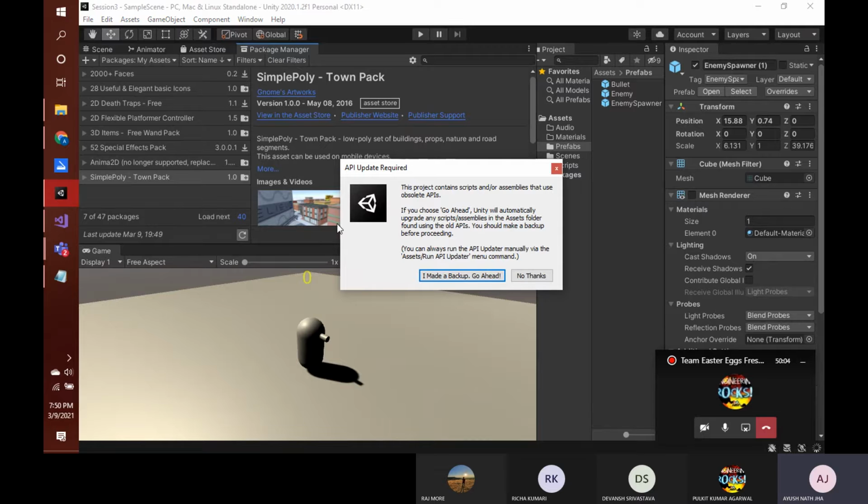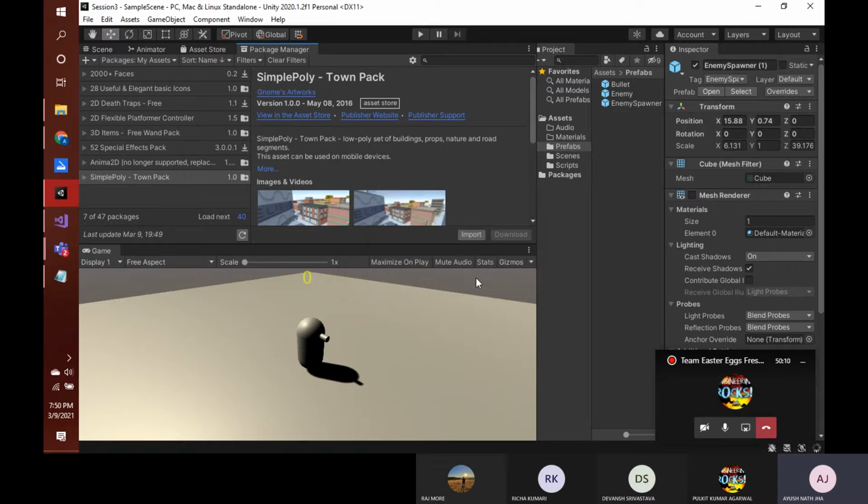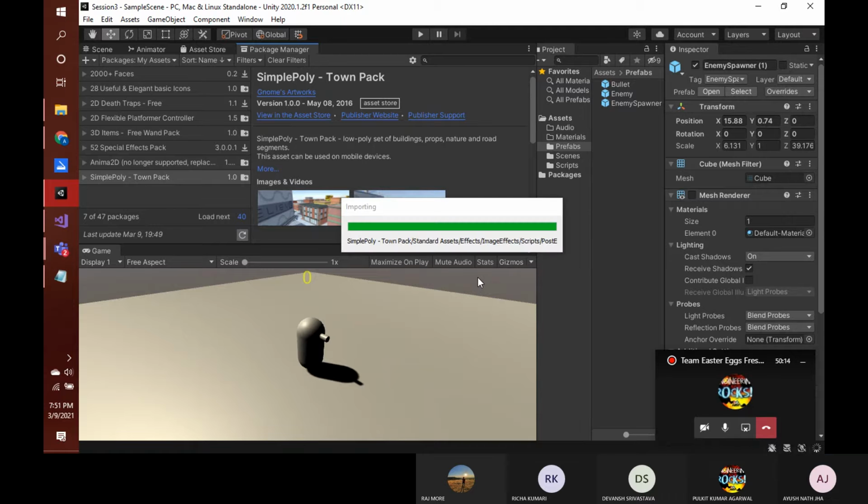And it will just give some API update warning, so you can just click on I made a backup, go ahead. And then after about 10 to 15 seconds, importing will finish.